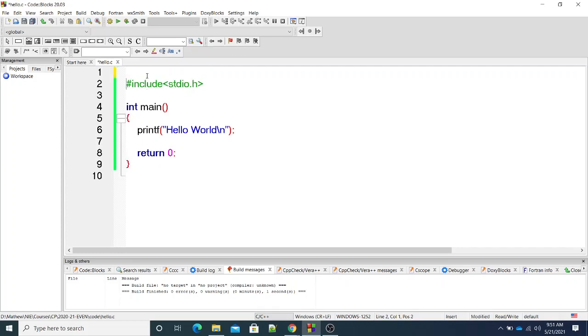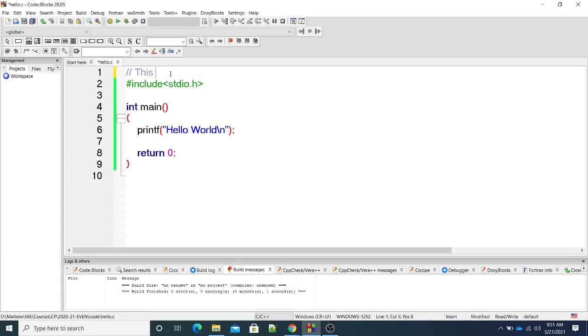So I will put a comment here. In a C program, if you want to put a comment, meaning a plain English sentence, not a language statement, I can add it by using a double slash. We have a backward-pointing slash, but we have to use a forward-pointing double slash without any space.